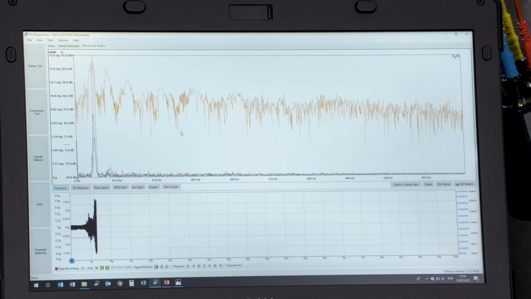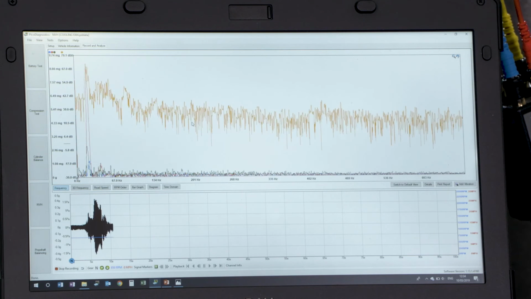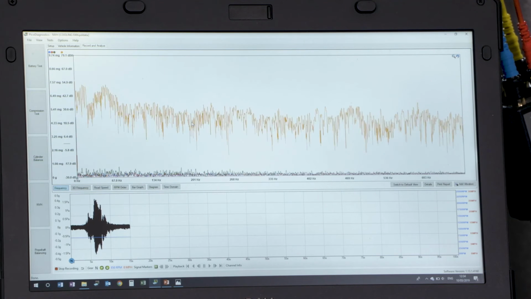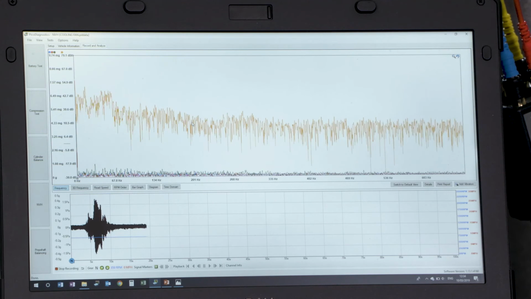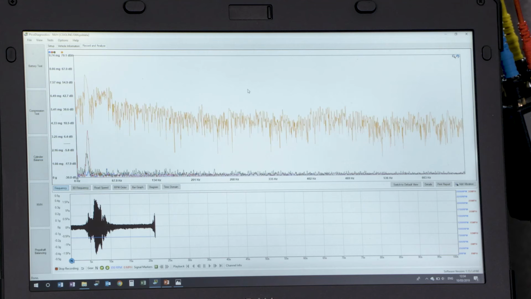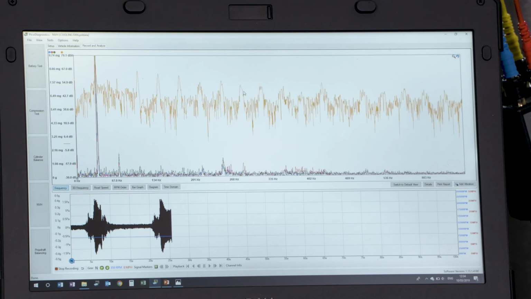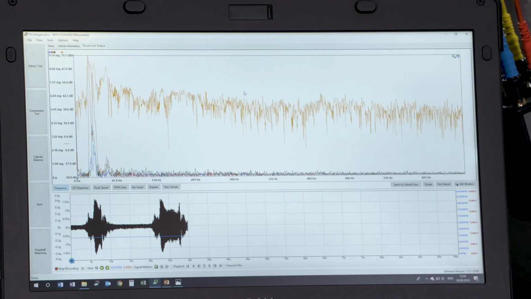We'll use the auto scale feature, and we'll let the scan tool software run the cooling fan. Okay, if we can stop the cooling fan there,